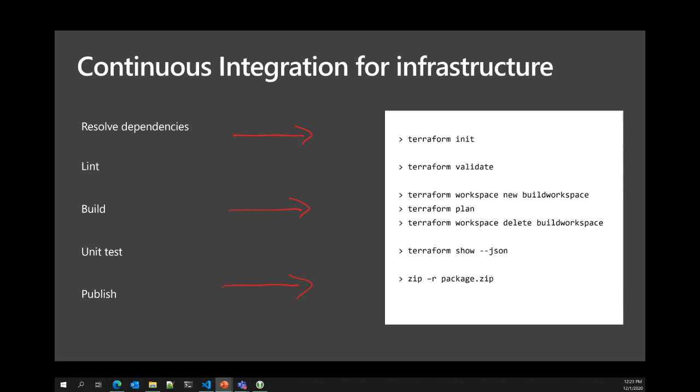This third one gets really interesting. In the application world, building the code is well defined. We all understand what building an application is: we compile the code into some sort of binary artifact that can be executed.